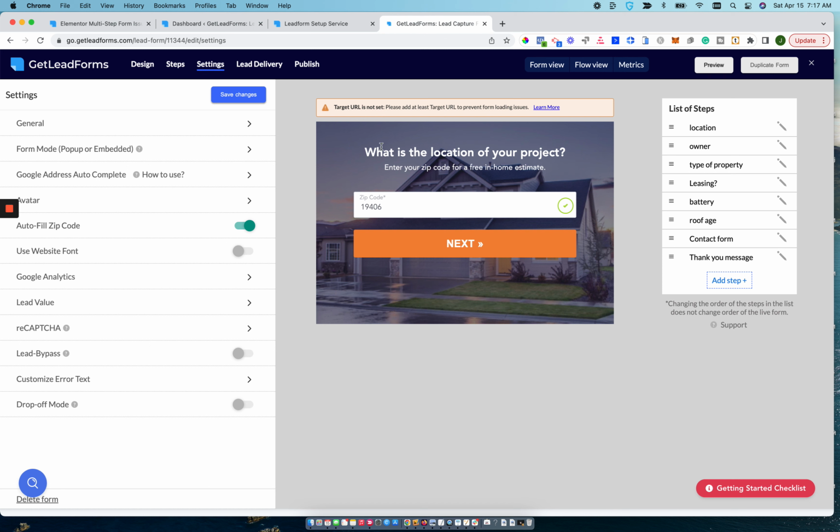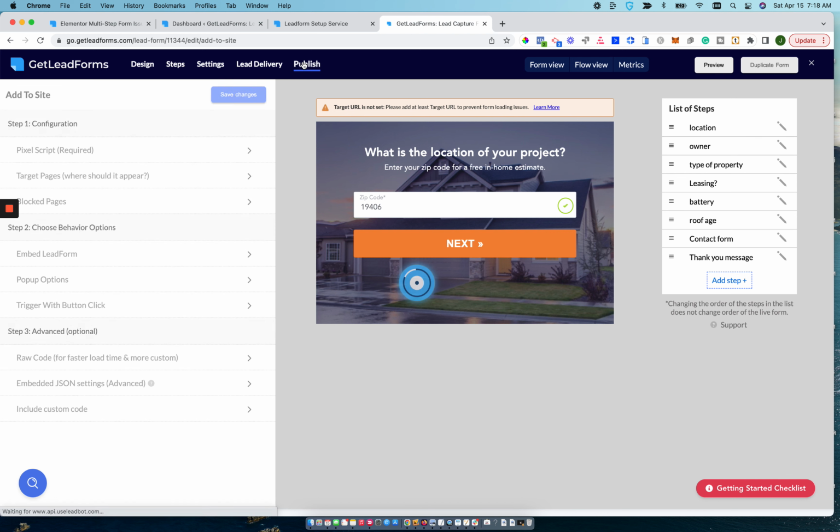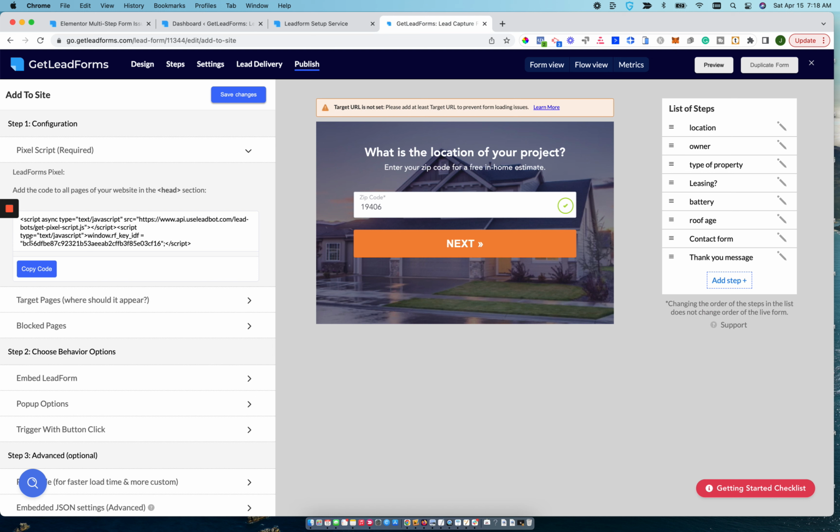So out of the box, I could use this template and just drop it on my WordPress site, and that's exactly what I'm going to do. So what I'll do is go to publish, and when you go to publish, you'll see that there's a number of steps. So we'll start at step 1, configuration. The first step is to grab a pixel script, and this pixel script will be installed in the header section